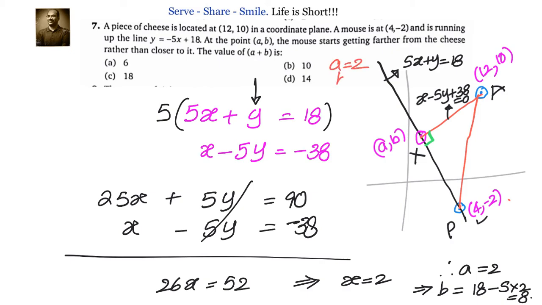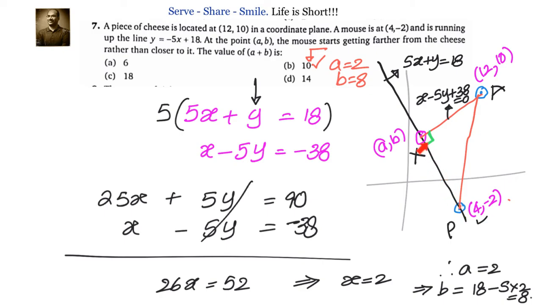So we have seen a problem which can be solved by 10th grade concepts. Since it's a right angle triangle, what we are talking about here, we can solve it by using the distance between points concept, or we can solve it by the equation of straight lines and slopes of perpendicular lines concept.